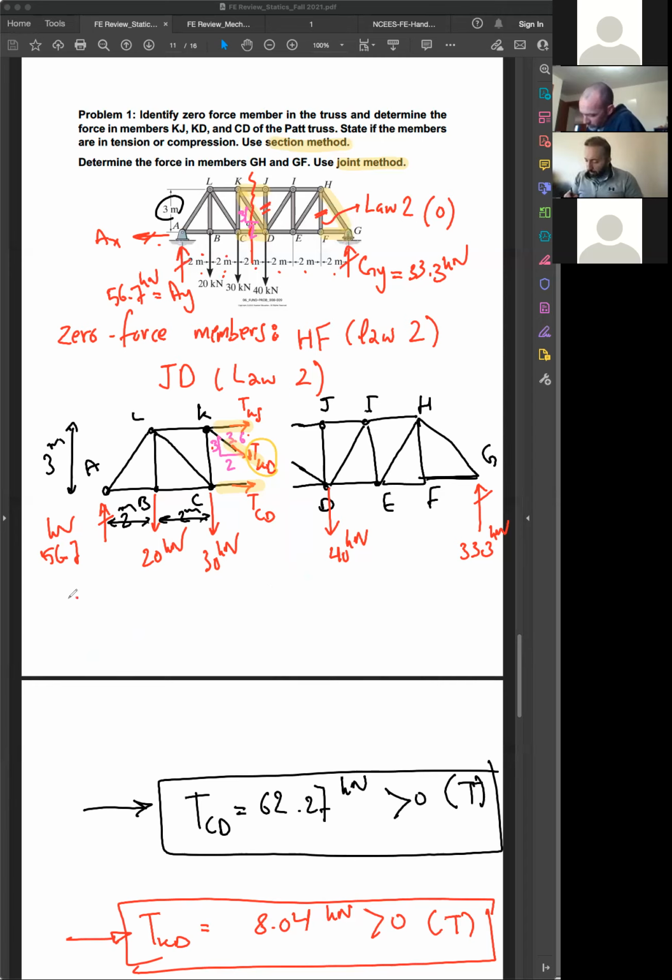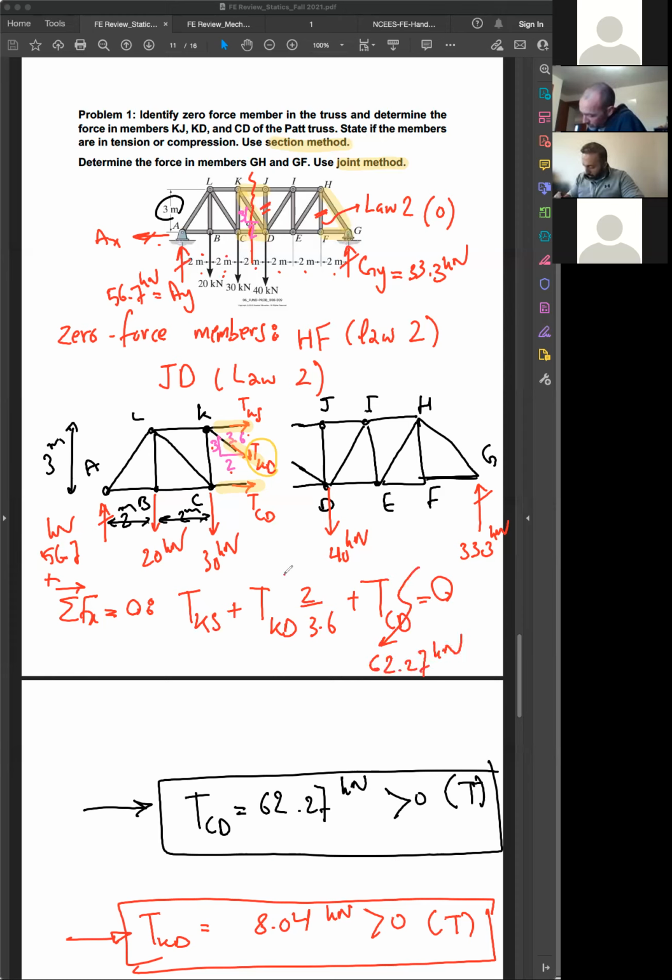If I write summation of force in x direction equal to 0, this direction positive, what do you have? These three are vertical. This guy is horizontal, TKS. This guy has a horizontal component, so you can say plus TKD times the horizontal side of the triangle over the hypotenuse, plus TCD, nothing else, equal to 0. Here you have found TCD to be equal to 62.27, and TKD you have found to be 8.04 kilonewton, right? From this, TKS would be equal to negative